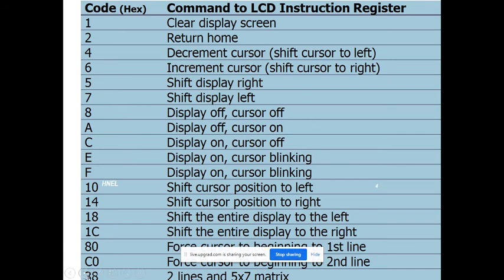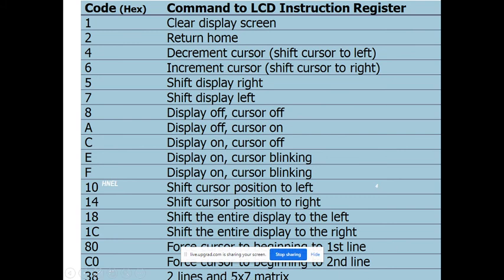And one more important command is 38. In the market there are one line LCDs, two line LCDs, and four line LCDs available. Out of that, whichever LCD you are connecting to the controller, you must declare. In our practical we are using a two line LCD, two lines of 16 characters, and each character having a 5 by 7 matrix.